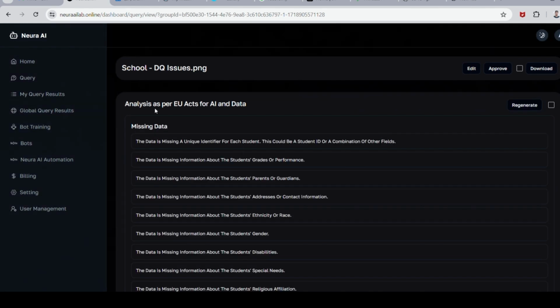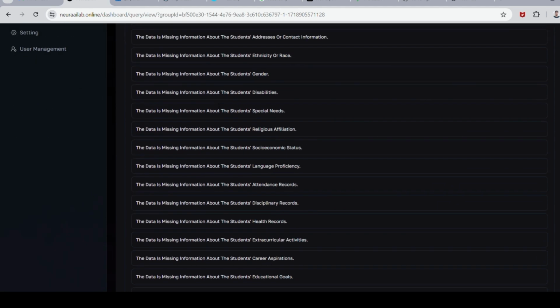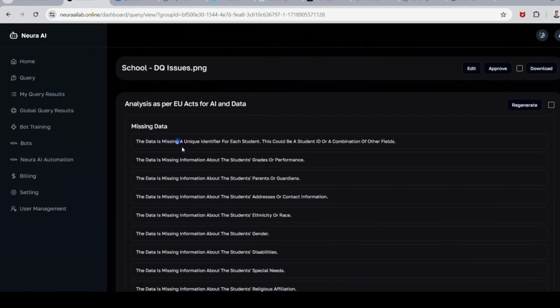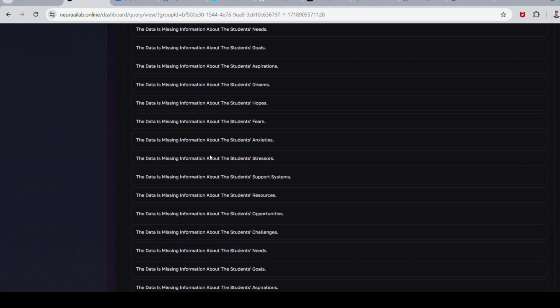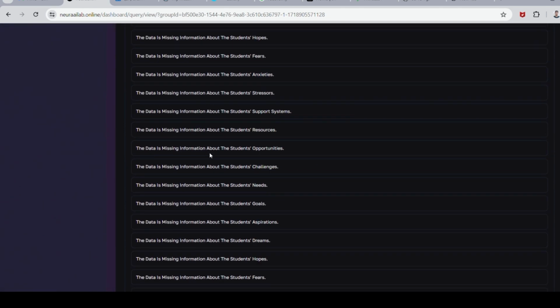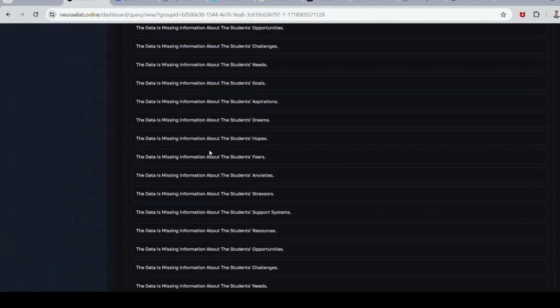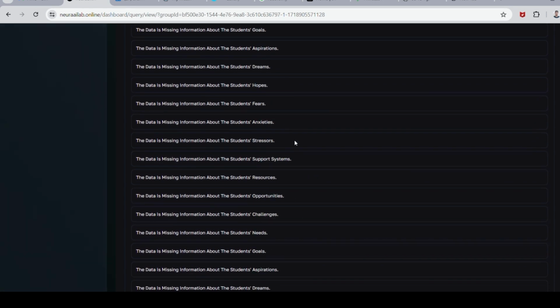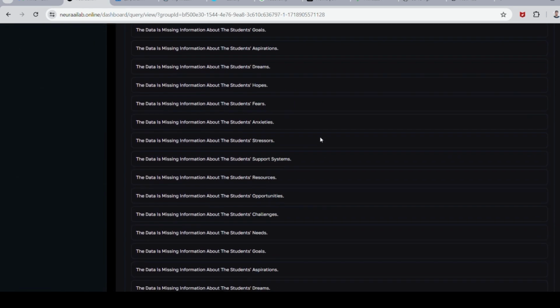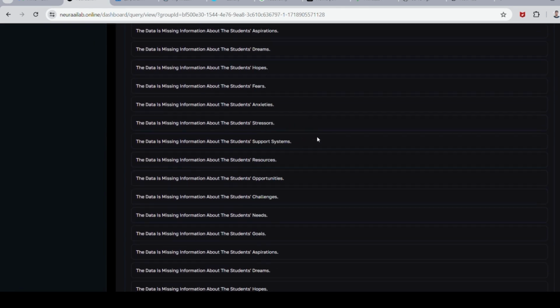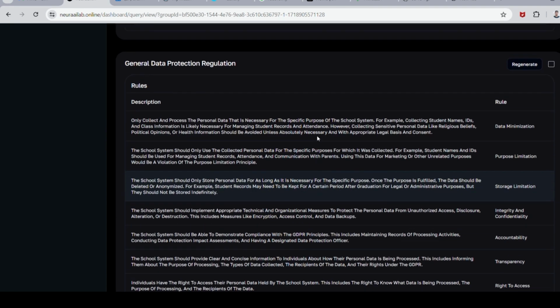Yeah, so now we are here. If you see the school one, we have all this: what data is missing, such as a unique identifier, student grade and performance. We have a lot of items that have been generated. Sometimes it is in detailed mode, so it generates a lot of items based on a small context, but we can